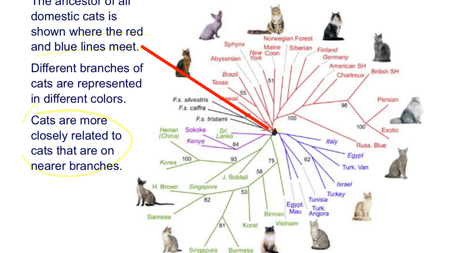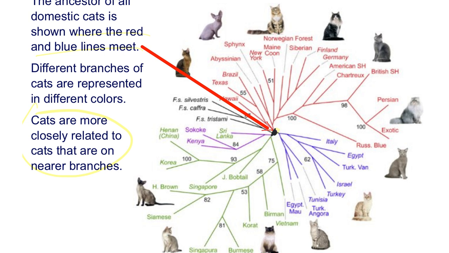There's a common ancestor. That's like the trunk of the tree of cats. Whatever that looked like, I don't know. I'm sure they have fossils that they can imagine what it looks like. But anyway, every time it branched out into all kinds of different